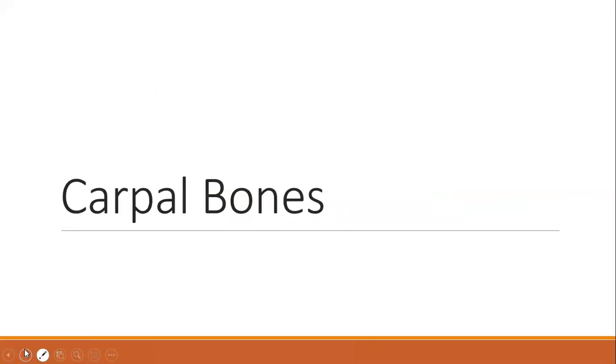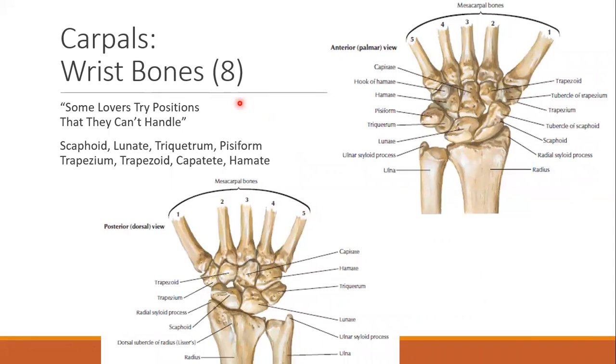So now we're going to talk about the carpal bones. So you have 8 carpal bones. You need to memorize their names. You need to be able to recognize them on a picture. You need to be able to recognize them on an x-ray. So I learned them as, lateral to medial and proximal to distal. So you have your scaphoid, your lunate, your triquetrum, your pisiform, your trapezium, your trapezoid, your capitate, and your hamate